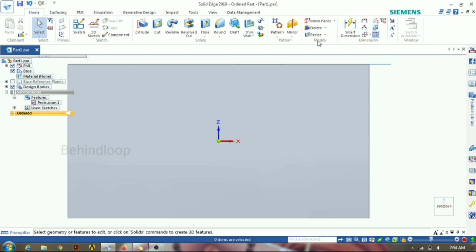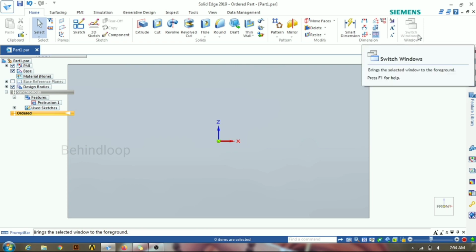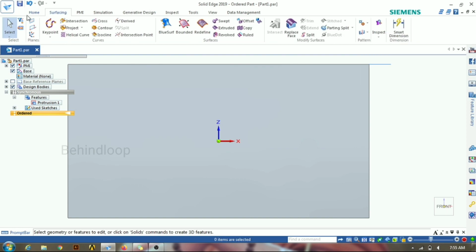This is to modify pieces, delete or resize the 3D model. This is dimensioning, where you get various dimensioning options like smart dimension. This is switch window, where you can switch between two 3D models you are making.